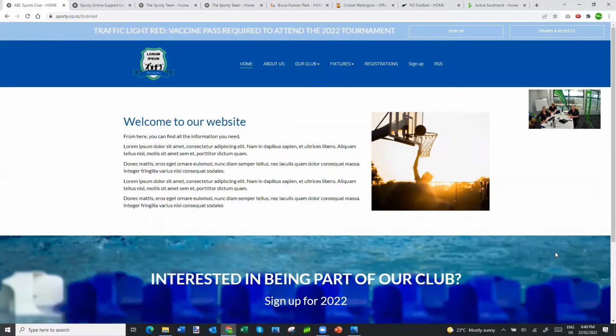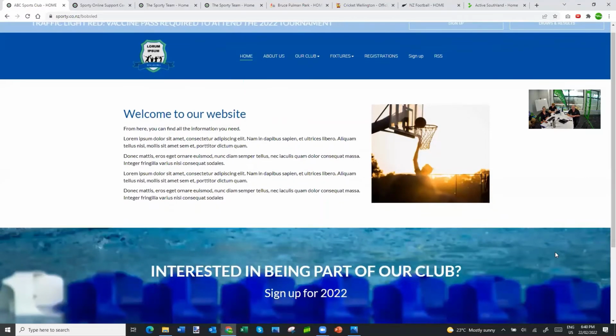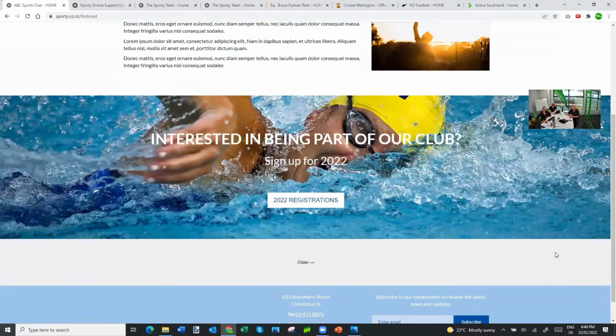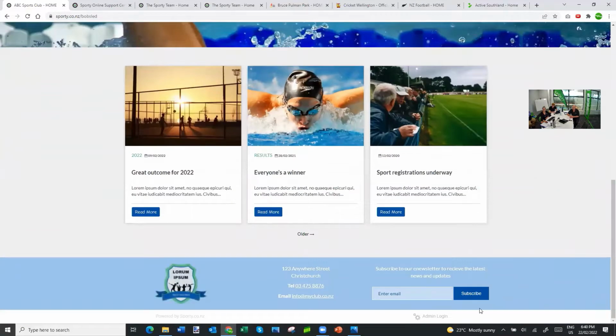So I'm going to assume that you're most probably involved in some way with the club website or your organisation website, in which case the starting point is simply to log in, and the login is down at the very bottom right of the screen. If we can move that to the left, yeah. You'll see an admin login link down the bottom right. For anyone that's online that does not have a login and doesn't know how to get one, please come through our support. But when we click the admin login,